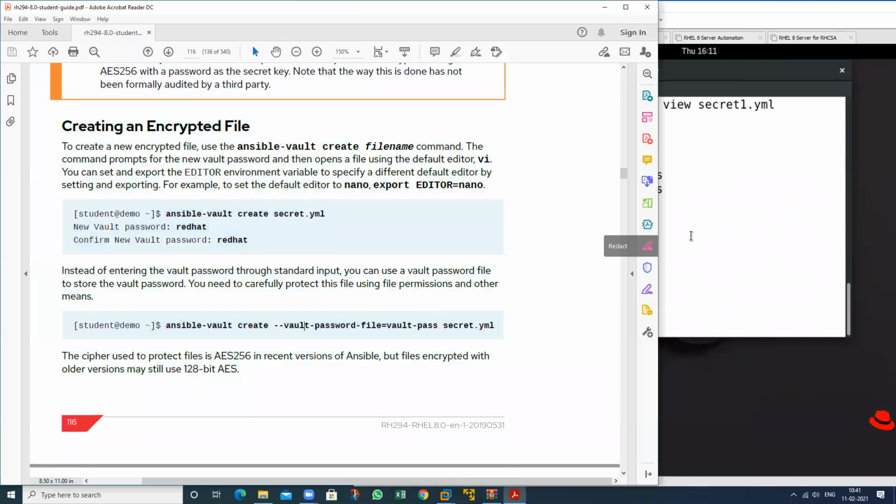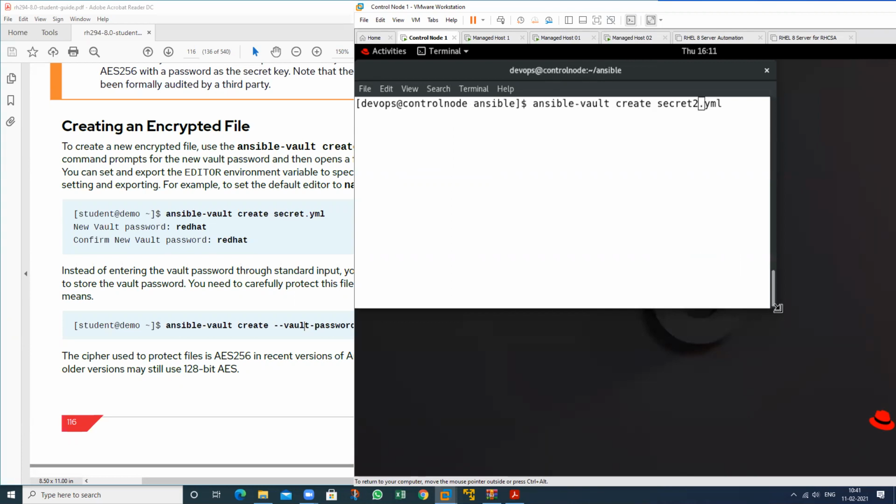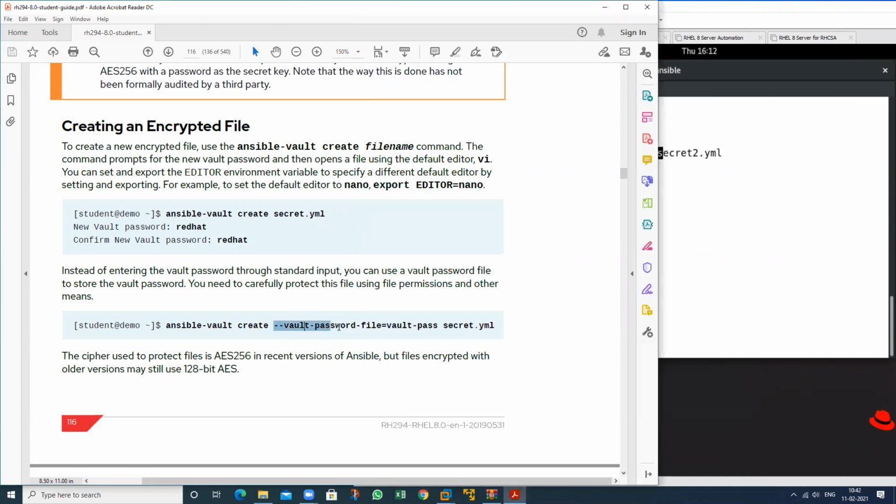And suppose I want to create a file. This is the command to create a file and change the name of this particular file. For this, after this, just apply --vault-password-file.